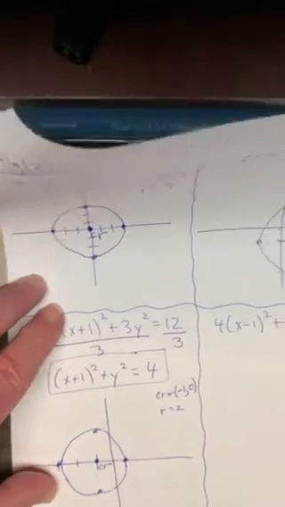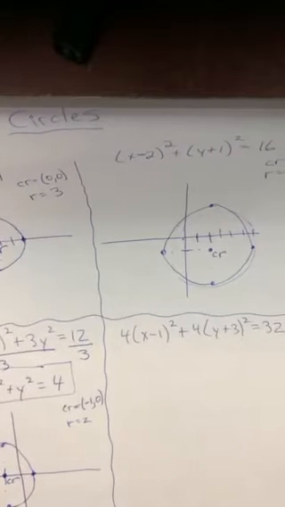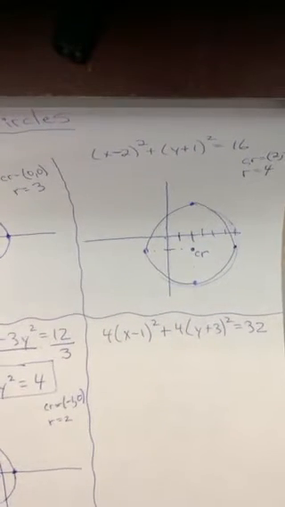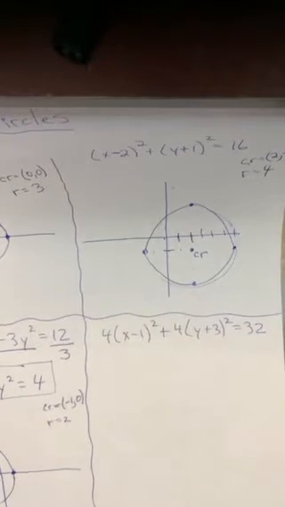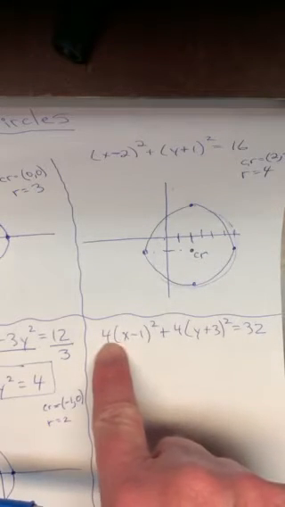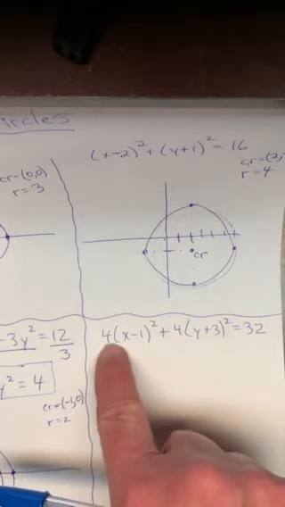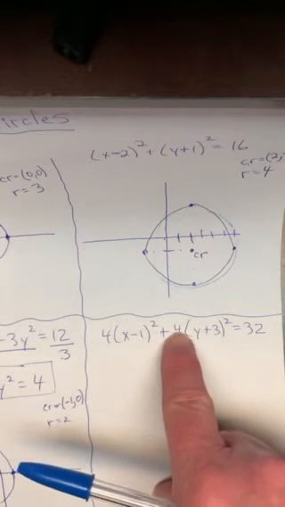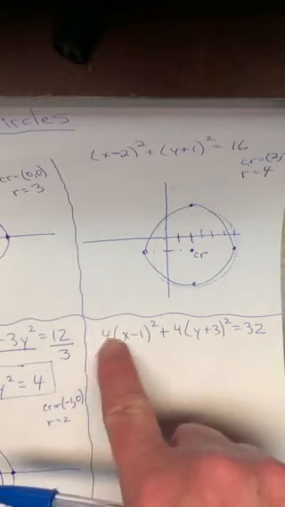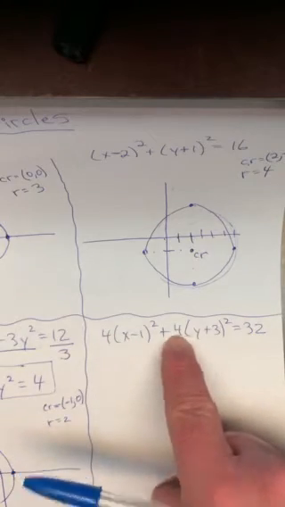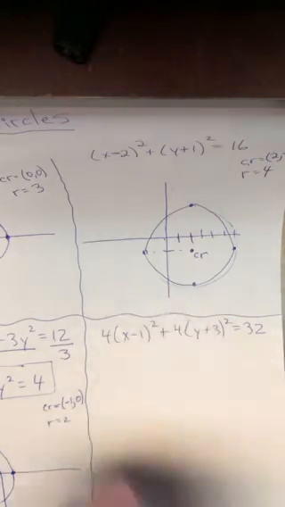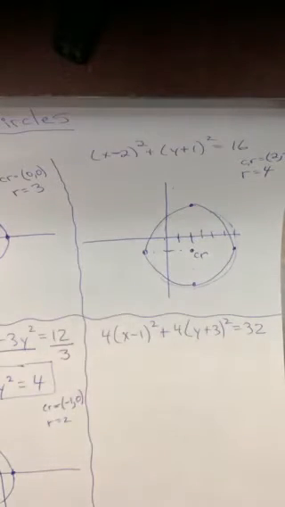And the last problem on the front of my paper, there's one more on the back because there's a special technique you got to use on one of these. Once again, there's a 4 there, and you notice a 4 there. By the way, if that was a 4 and this was, let's say, an 8, and the numbers were different, that's going to make it an ellipse instead of a circle,